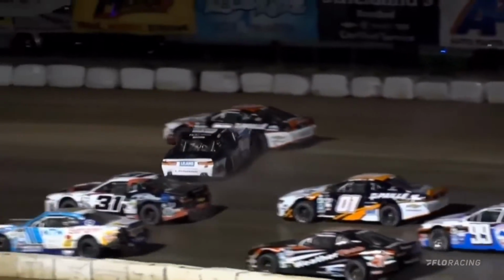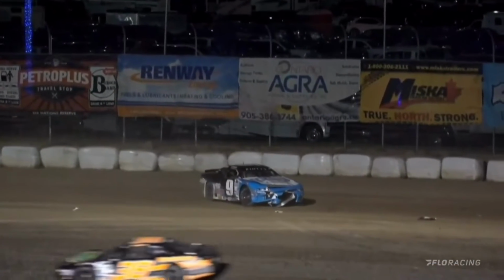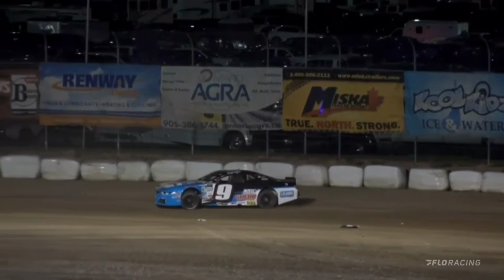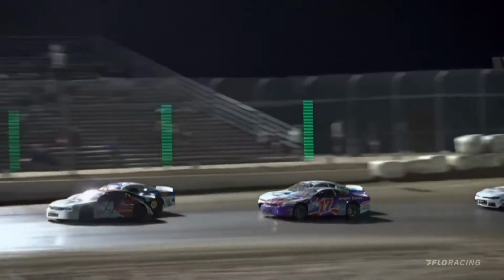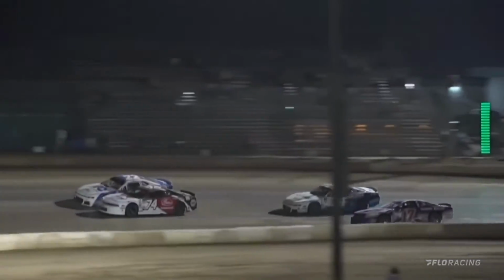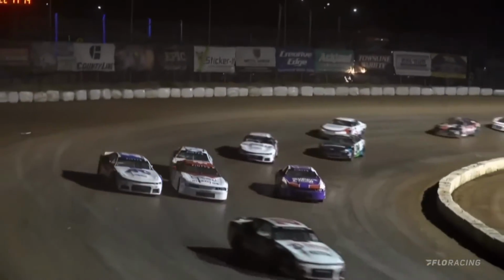Oh, trouble. Brandon Watson goes around, clips Andrew Ranger. Ranger goes around, goes for a long slide. Dave Bailey got up into the wall a little bit on the back straightaway. We will stay under green. Good job by Ranger and Watson to continue on. There's quite a bit of damage, I think, on the front of the 9 machine. We'll have a look at that as he comes down the front stretch